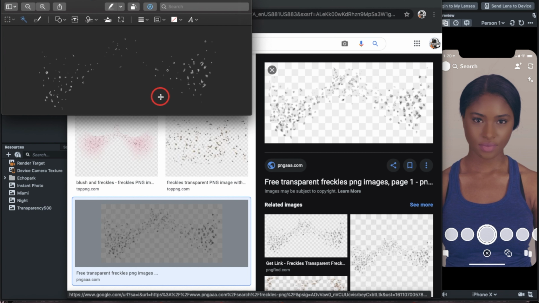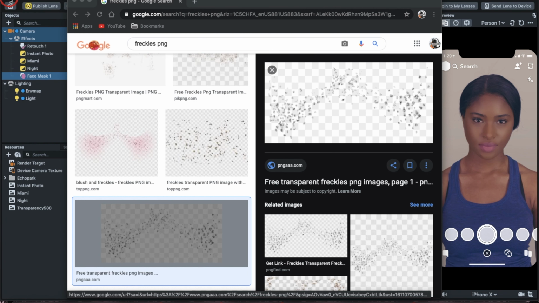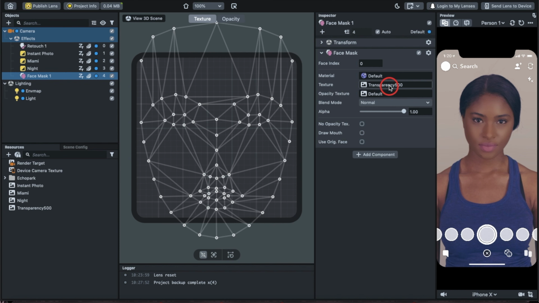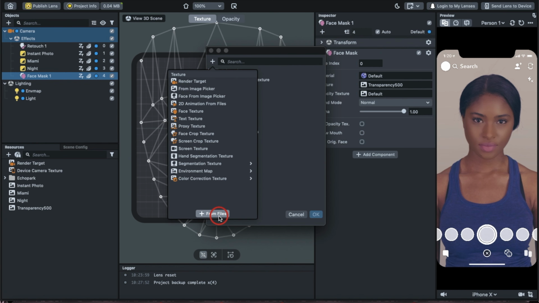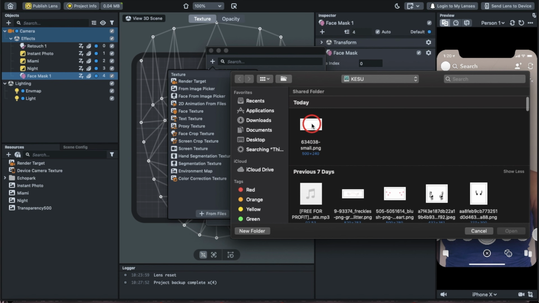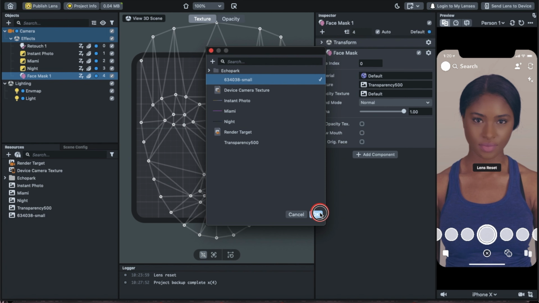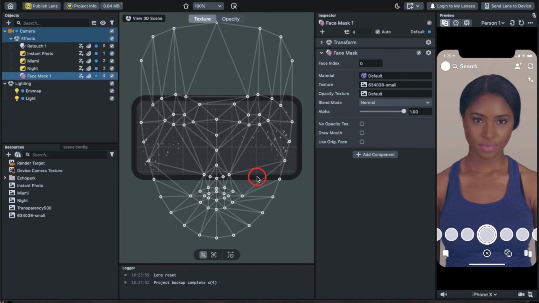I know it isn't the best, but it should do for now. So we're gonna hit save. We're gonna go back into my Lens Making Studio. We're gonna go into my files and we're gonna save this, and we're gonna make this our new thing. We're now gonna open this and pull this so it's bigger, and we're gonna fit it to the